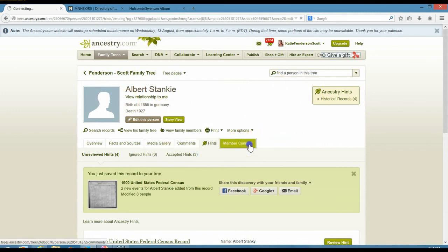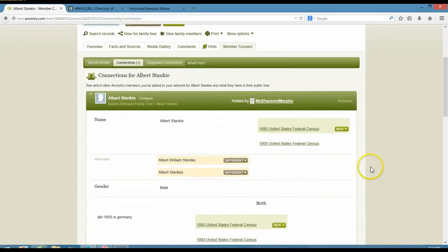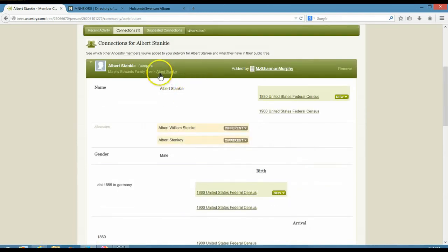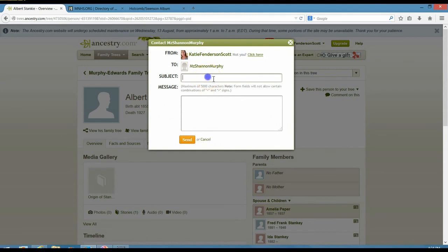Okay, so there we go. So I'm going to go back to that member connect. And I just have one connection in my network. Shannon Murphy. Okay, so I'm going to click on her. I'll click on his name in her tree. Okay, this is the owner of that tree, Shannon. So I am going to contact her and say,